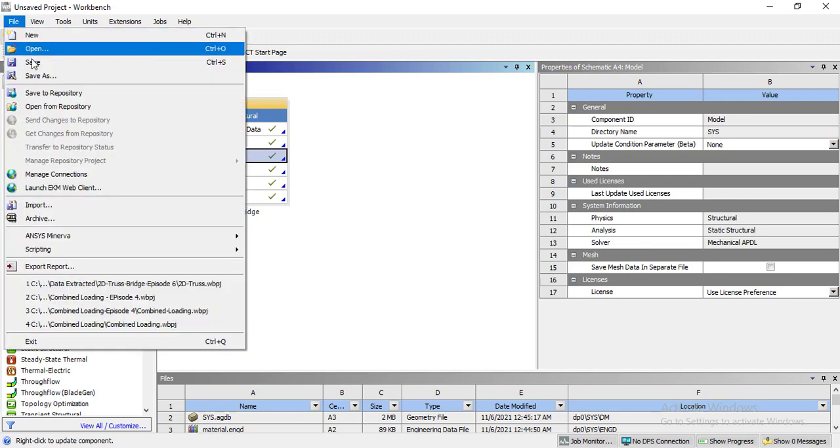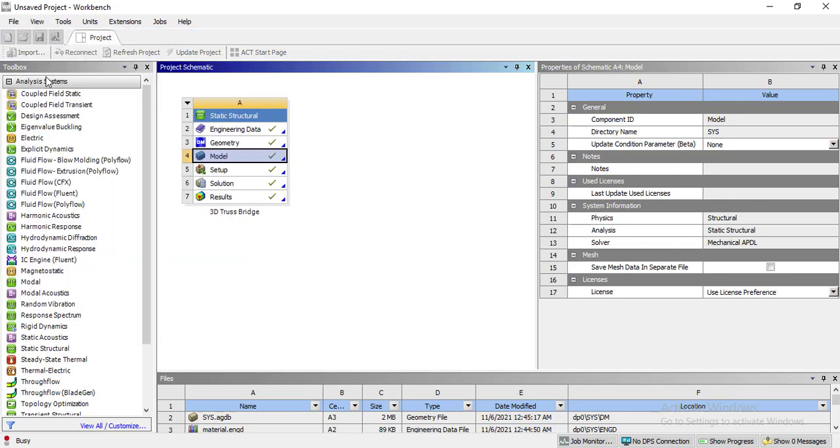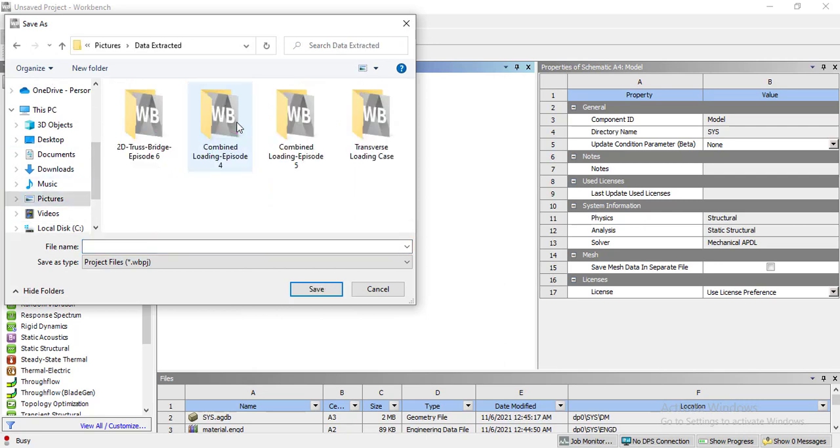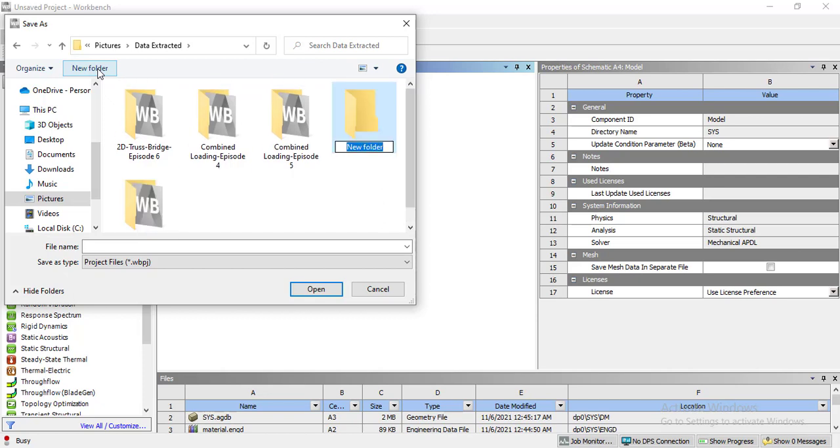Now save this project by going to File, Save As, and into your respective category. Name the folder 3D Truss Bridge.